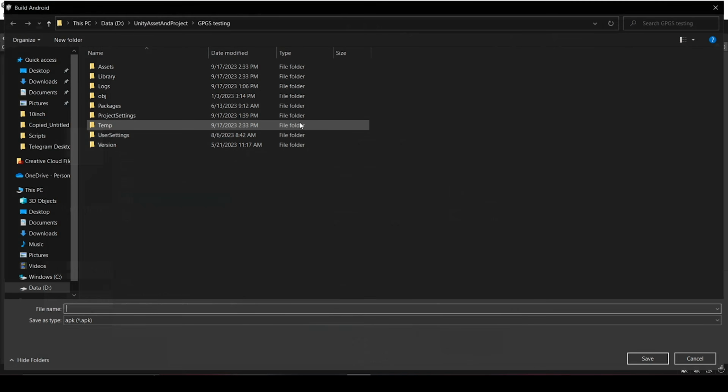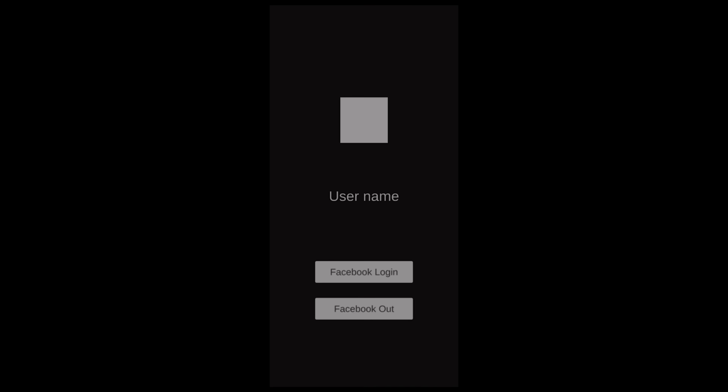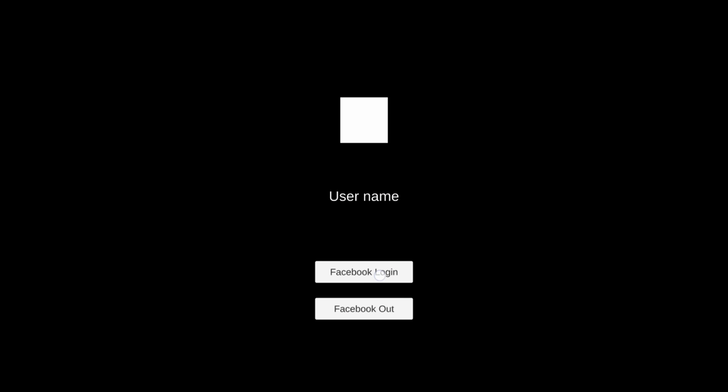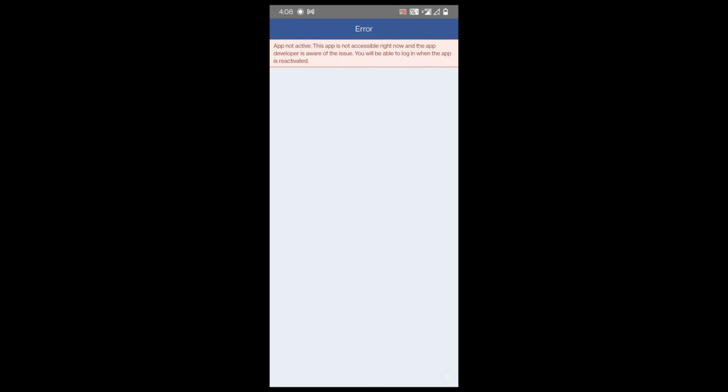Now let's build our project and check that it is working or not. So let's click on Facebook login. And as you can see, it is throwing an error that the app is not accessible right now, and the app developer is aware of this issue, and you will be able to log in into the app when the app is reactivated. So yeah, right now our app is on the testing phase, that's why it is showing this